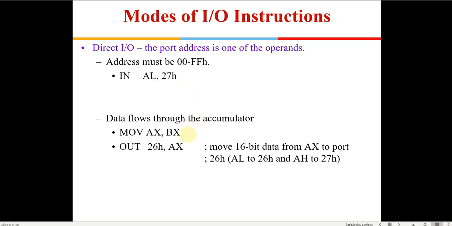Suppose there is some data available in the BX register and we need to transfer it to the output, then you will have to split it into two instructions. First you need to get the data from BX to AX, and then we can use OUT 26H, AX. So to transfer data from BX to port number 26H, we need to use two instructions. It is important that data for input output commands can only go through the accumulator.